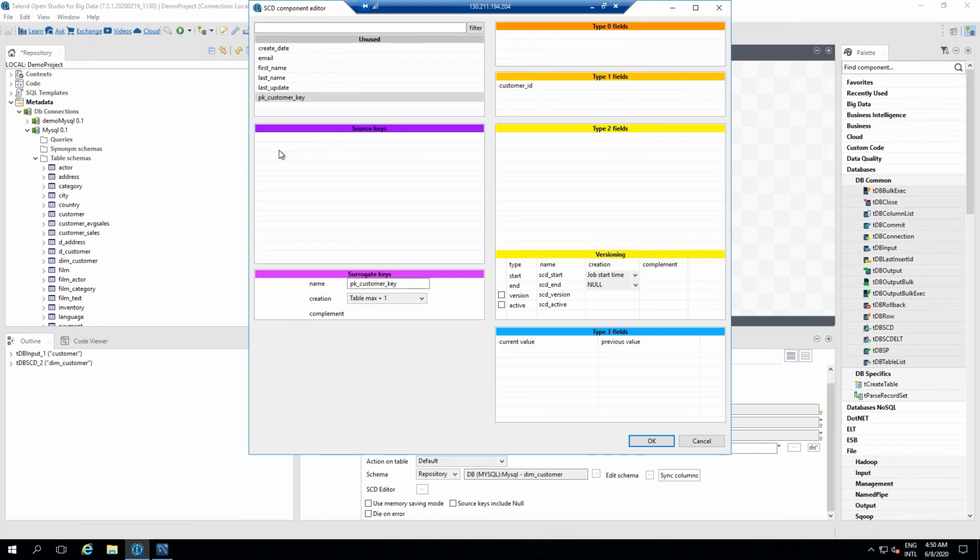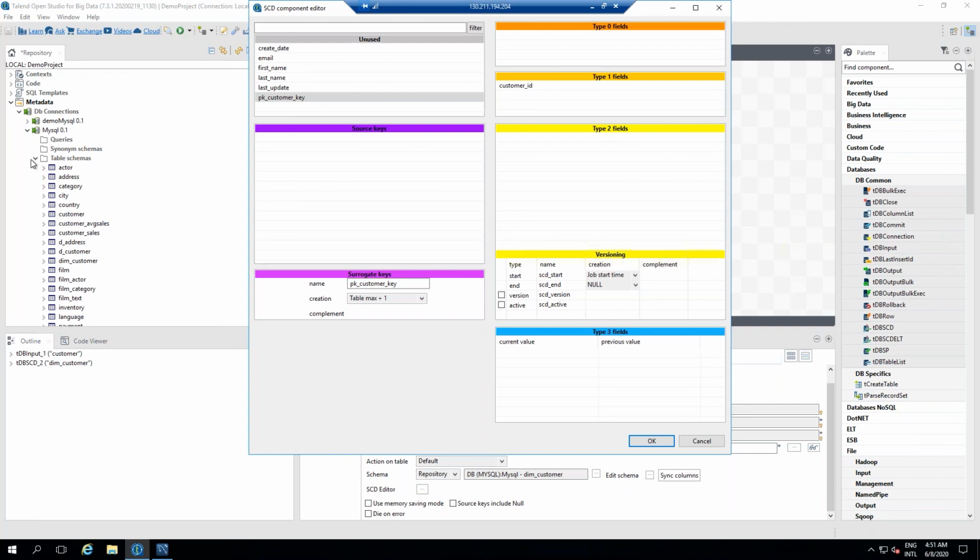If we want to do versioning of the particular table, specifying it as SCD type 2, then those fields need to be specified here in the versioning column, and that has to be done manually. Once that is done, we have to specify the source keys and the fields which we want to use. So these are the fields which we have seen, right? These are the source keys we have, okay?